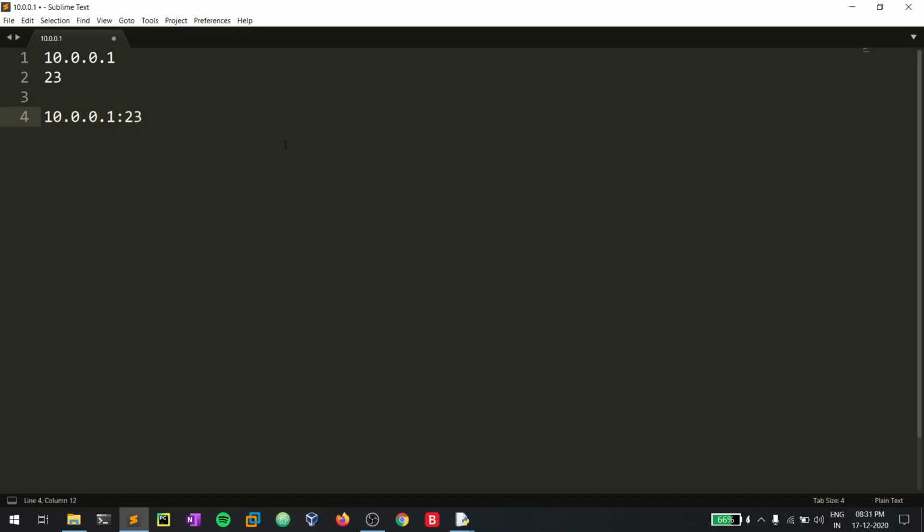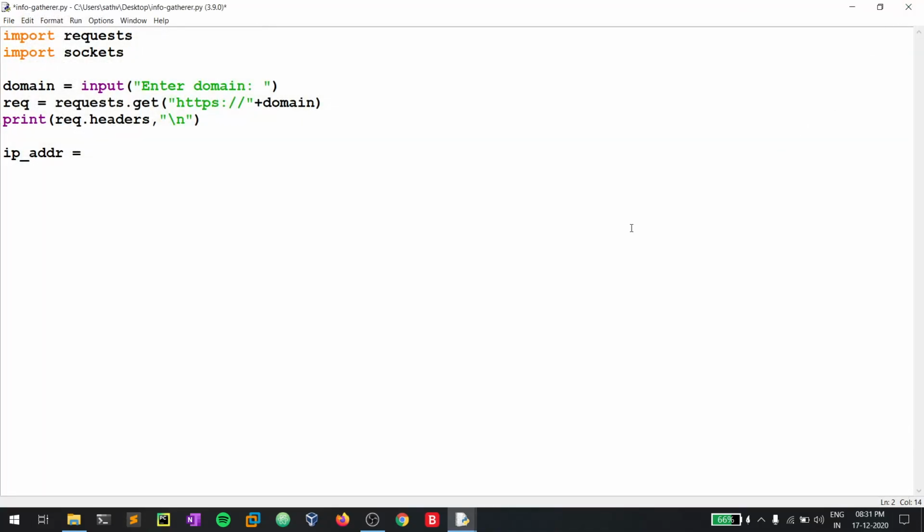Sockets help us to connect to a machine. You can connect to any machine by making use of sockets. This provides some basic utilities that you can use to connect to a server or to build networking tools. So since we imported that, this is not sockets, this is just socket. I'm very sorry guys. Socket dot get